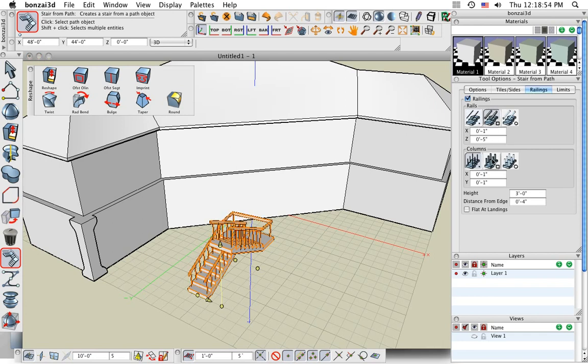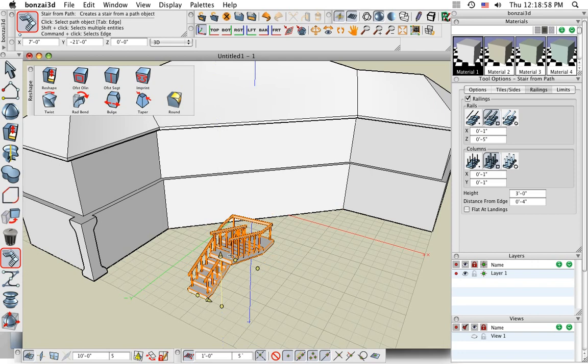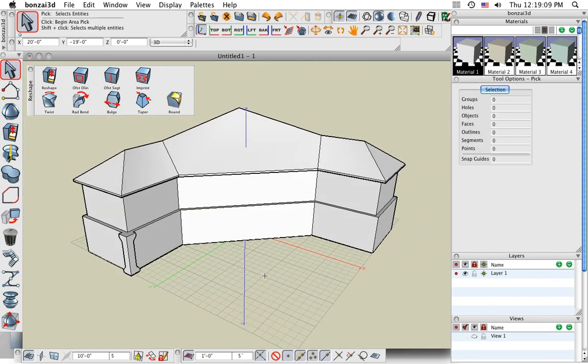So here's all the parameters up here on the right hand side. I can change those there, or of course, I can dynamically edit that. I can snap it to the second floor, change the width of the stairs if I want, change the path that it follows, and so on and so forth. Pretty neat, huh? All right, let's undo a couple steps back, and let's talk a little bit about guides,